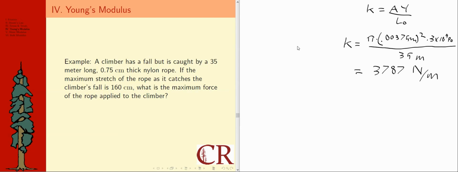A climber has a fall but is caught by a 35-meter long, 0.75 centimeter thick nylon rope. If the maximum stretch of the rope as it catches the climber's fall is 160 centimeters, what is the maximum force of the rope applied to the climber? And it turns out this question kind of builds on the last one, so we can actually use a result